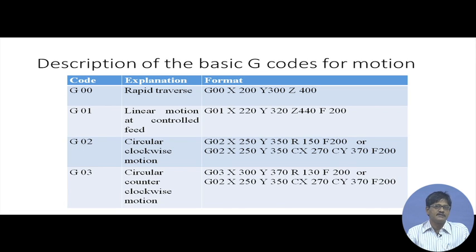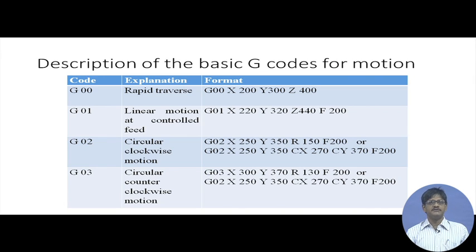G02 circular clockwise motion can have different ways of expressing the data, and I have given 2 such ways. There are other ways also. For example, we might write G02 followed by target point coordinates x 250, y 350, and z is not mentioned